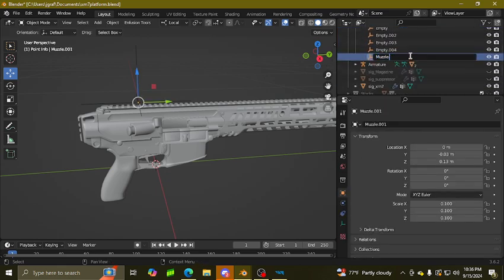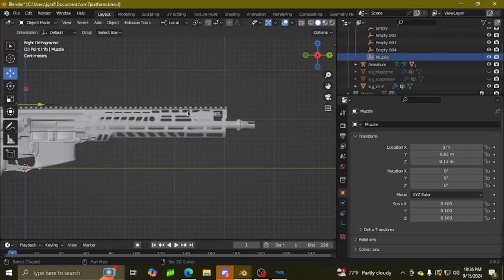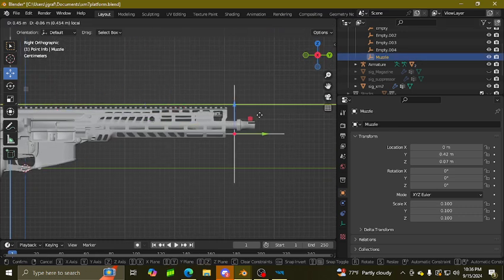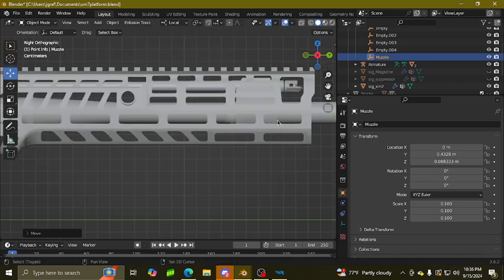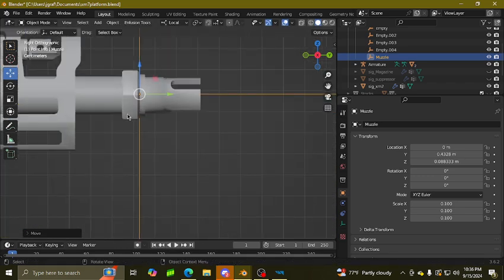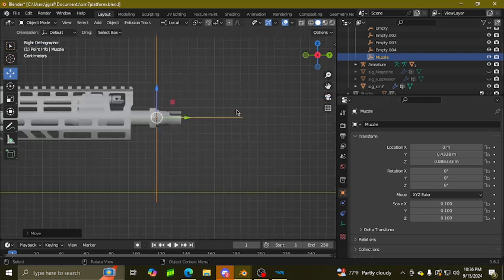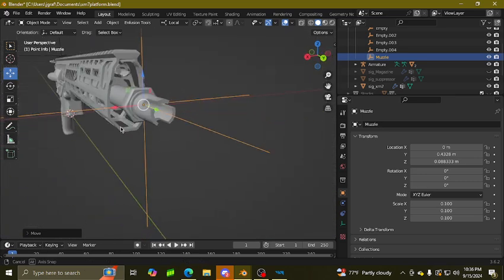So make sure you name your muzzle. You're going to pull that right over here to your muzzle. The muzzle is important for a number of reasons. This pretty much determines where your bullet aims at from its spawn location on the weapon, and that determines your trajectory. It also determines your